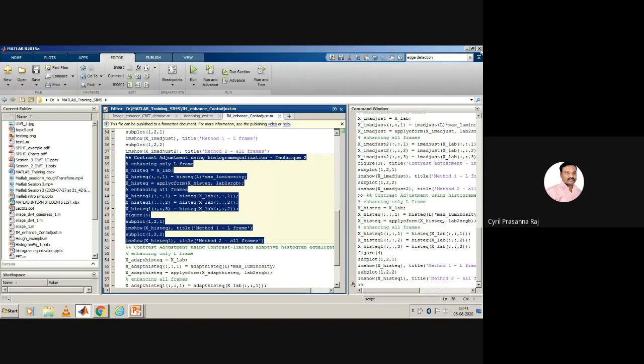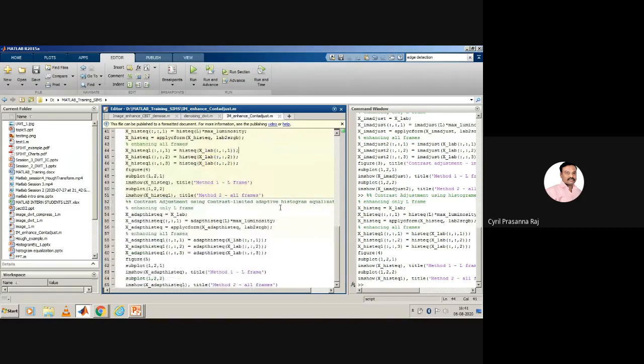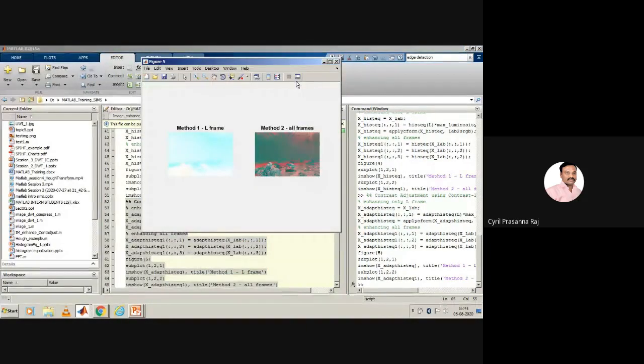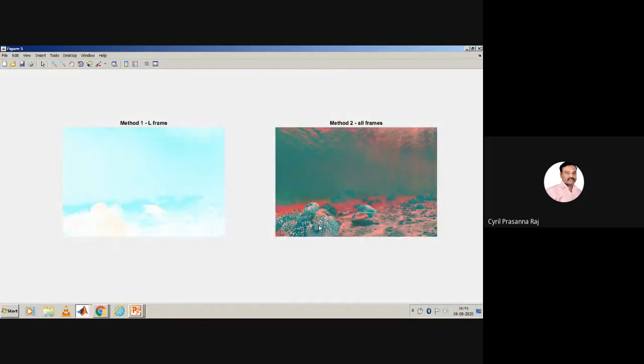Then there is another method called adaptive histogram equalization. Here again there are two methods that we process. In adaptive histogram equalization, you are able to improve the image objects, but the red colors are introduced here. All the others are almost eliminated because it is all becoming a single object. Wherever the objects are there, only those objects are visible to you. Once you are able to identify the objects, you can get into the next method, edge detection, and extract the object from the image.